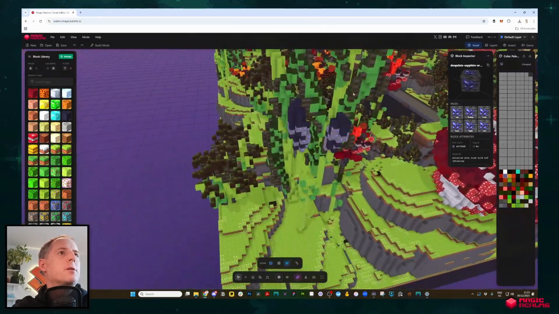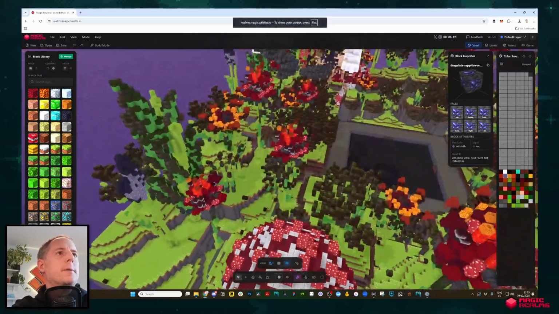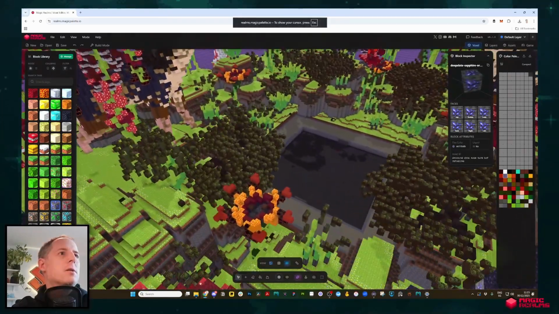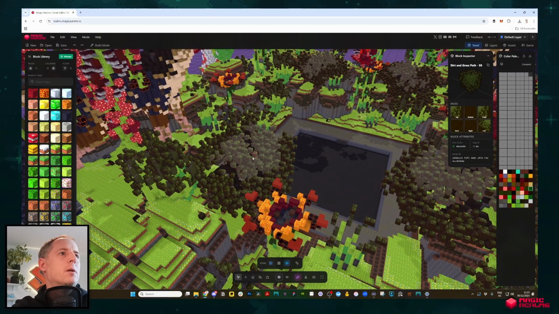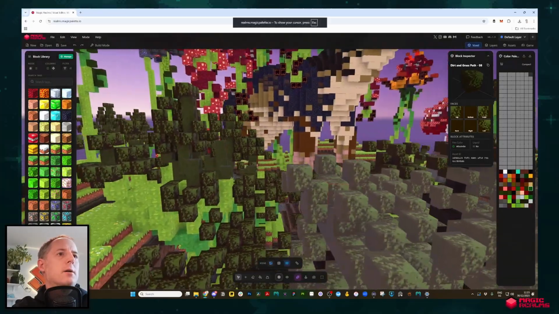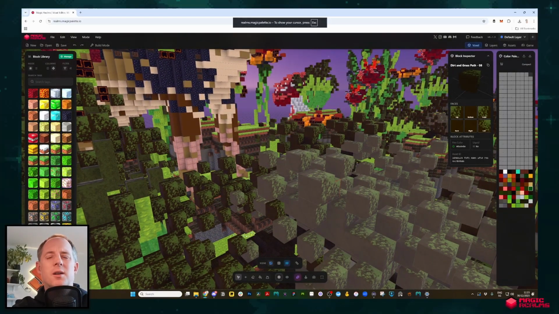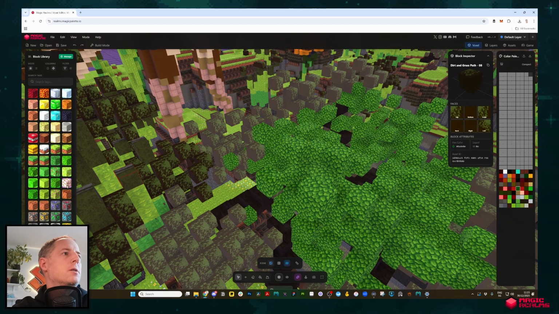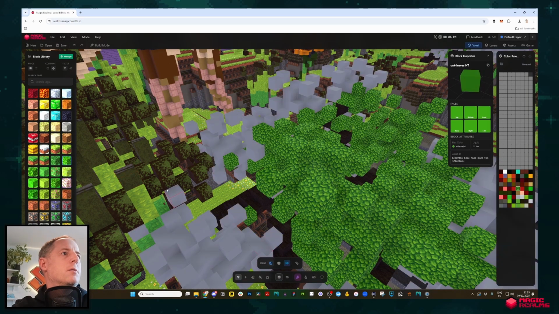Not sure if this fits, but yeah, why not? Then we have these flowers, and especially these trees still look very, how to say, the auto assignment used a weird block here, so we definitely want to have some foliage here, tree foliage,